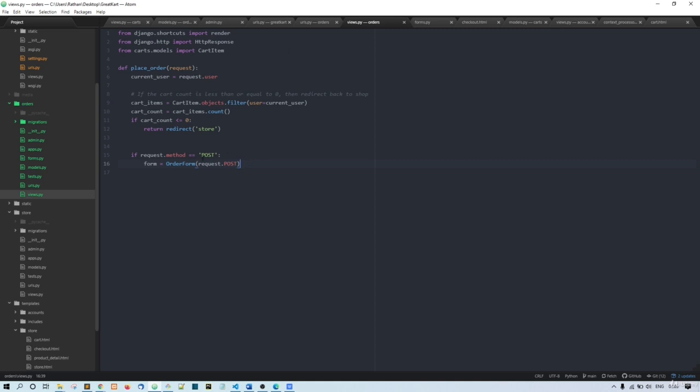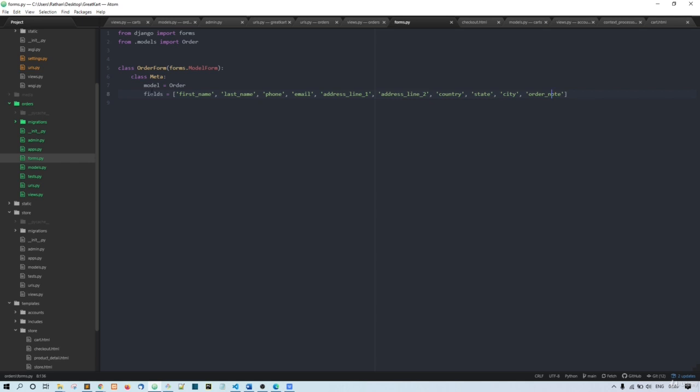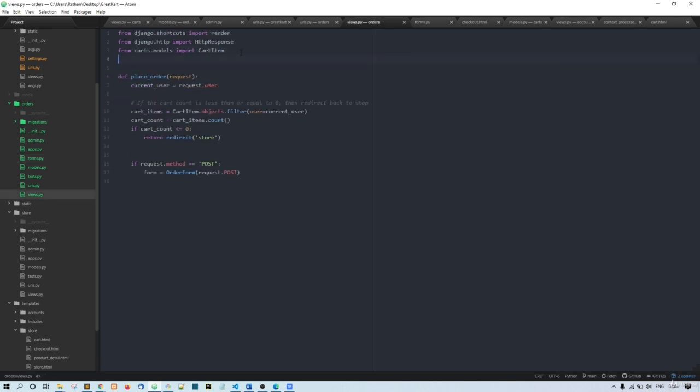So now we have the order form, right? It is here. Okay, order form we have. Now let's just import it from dot forms, import order form. Okay, so now this order form is available. Now let's check if